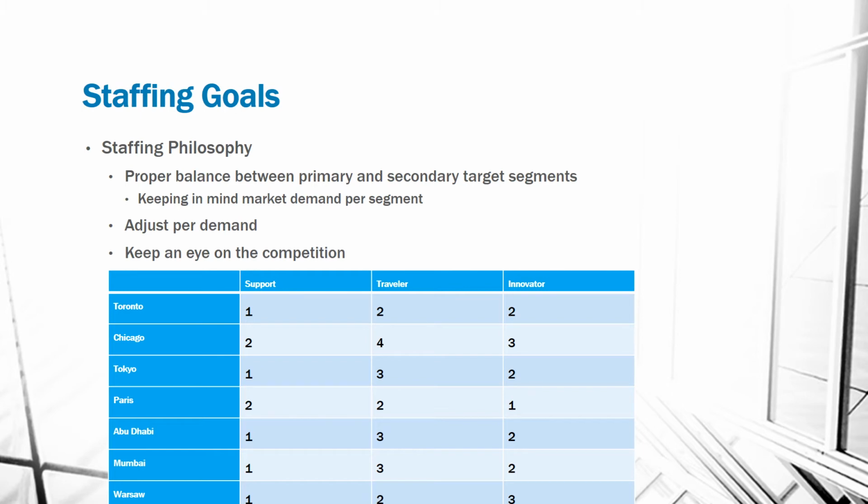Now we had a specific staffing philosophy behind why we chose to staff our locations the way we did. We wanted to keep a proper balance between our primary and our secondary target segments, but also keeping in mind market demand per segment. So essentially, we didn't want to overstaff necessarily on our innovator segment when that was our secondary target, but at the same time, if one location's